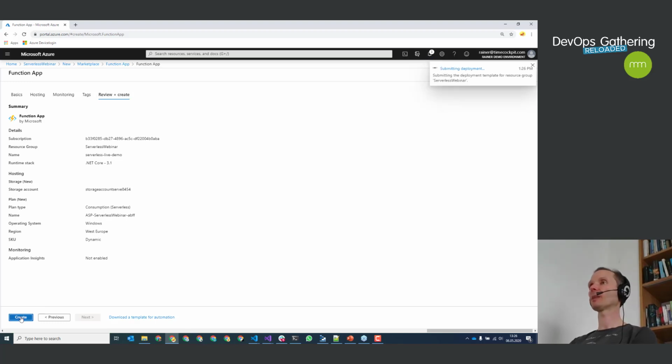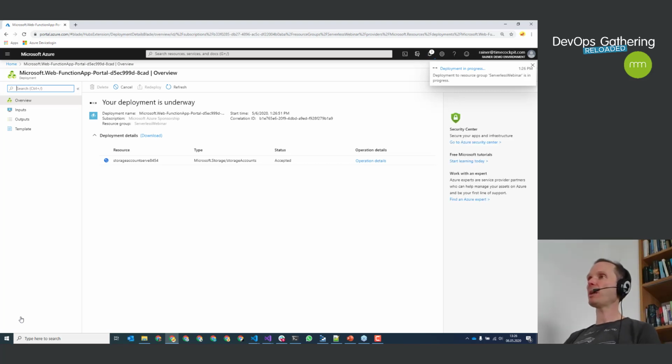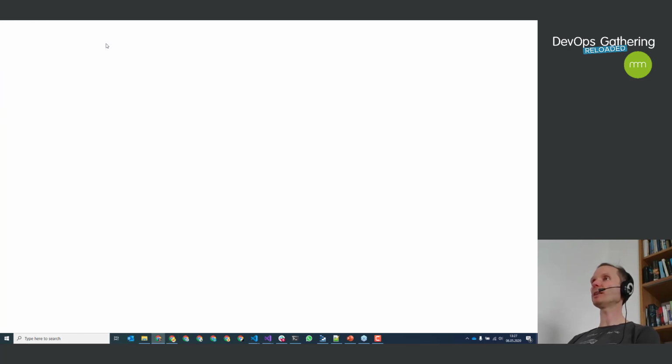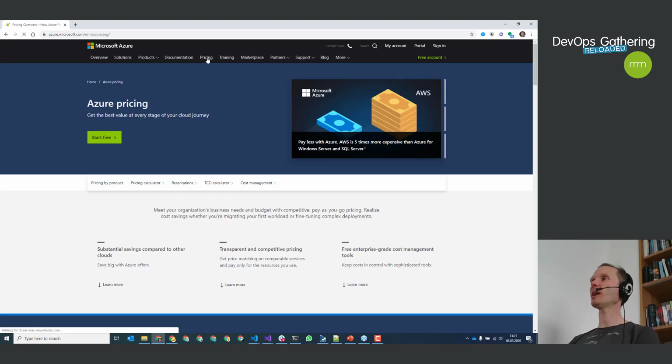Let's hit create. This will now create the function app for me. It will take a few moments, maybe a minute or two, to set up this function app, and then we can take a look at the function app and take a closer look at how it works. While this runs here, let me spin up a new web server and go to the Azure website, because at that point in the demos, I typically get the question, hey Rainer, if it's serverless and everything is dynamic, how can I estimate the costs? And this question is rather hard to answer, if not impossible. So let me, while this other thing is creating, show you the pricing.